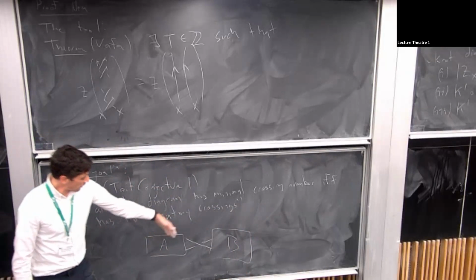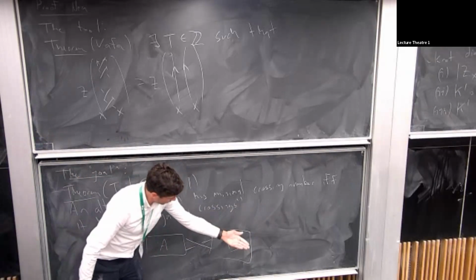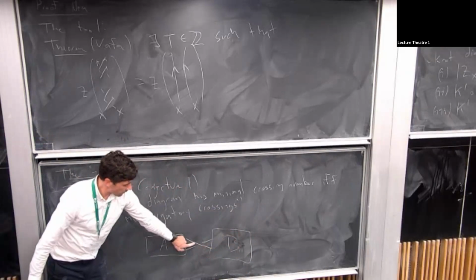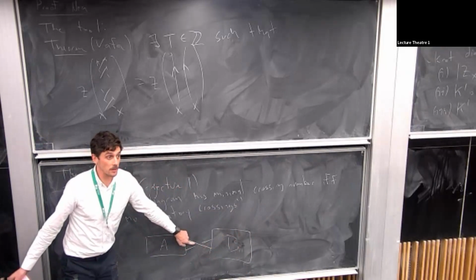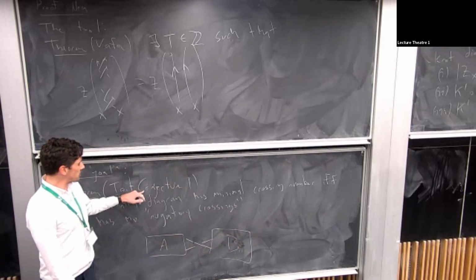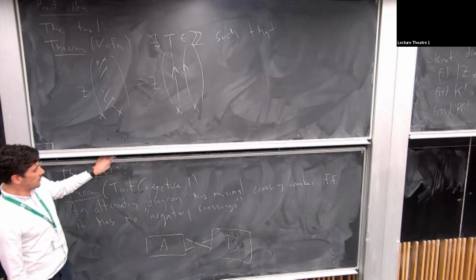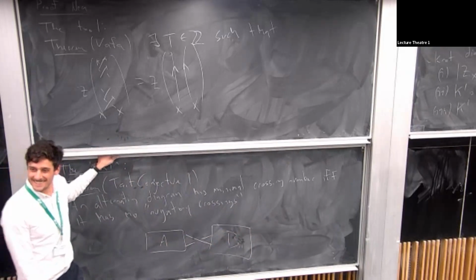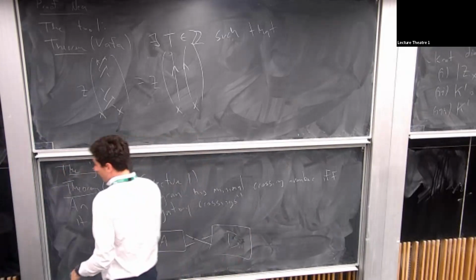How can you get rid of this? Well, you can pick up B and flip it like that, and that'll resolve that crossing. You get a new diagram with smaller crossing number that's still alternating. Okay. So that was resolved in the late 80s using the Jones polynomial. So kind of a weird Ouroboros here, but